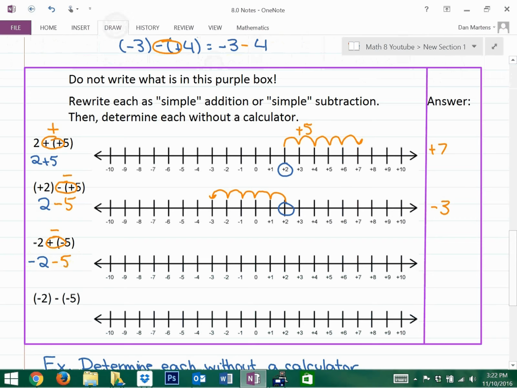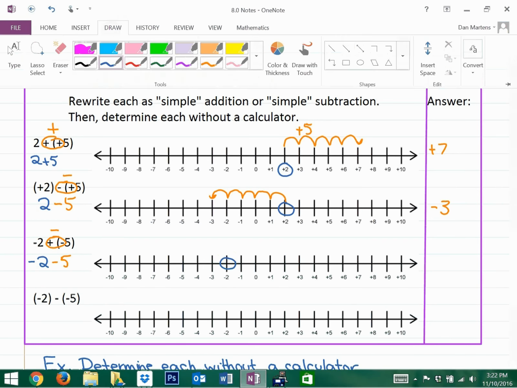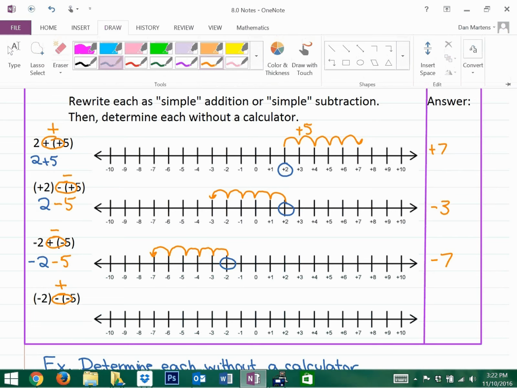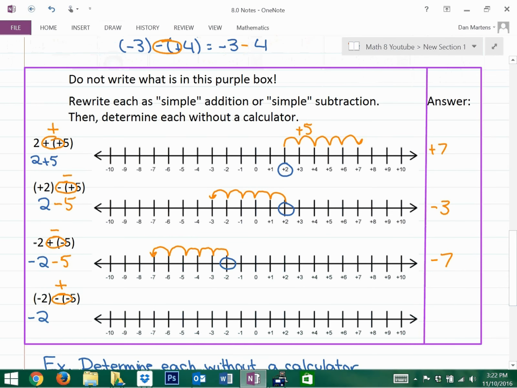Okay, so we start at the first integer, which is negative 2 right here, and since it's subtracting, we're going to go down the number line, 1, 2, 3, 4, 5, and we end up at negative 7. Okay, one more. Subtracting a negative is equivalent to simple addition. So this question would be negative 2